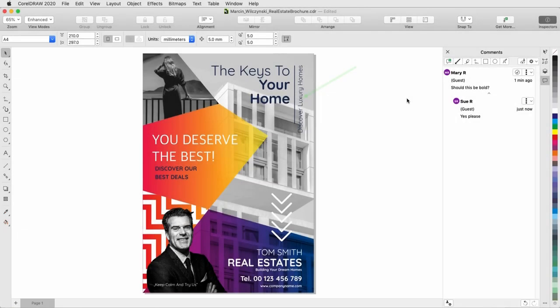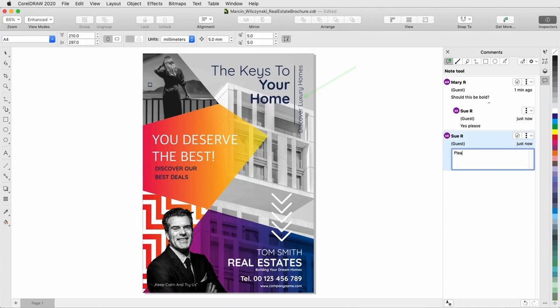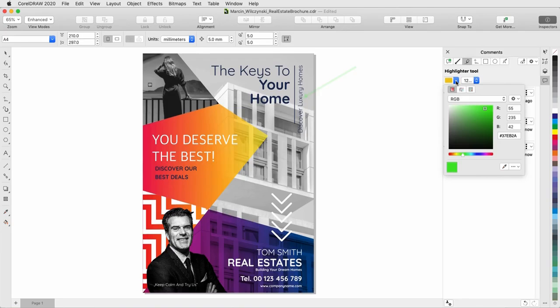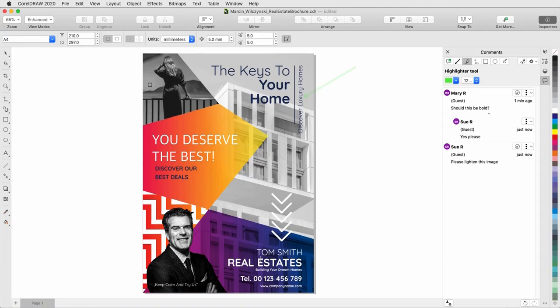When you've completed a draft or phase of a design project, and you're ready for feedback from colleagues or clients, CorelDraw 2020's new Comments Inspector makes the commenting process easy. This space is where other CorelDraw users can add notes, suggestions, or questions, eliminating the need for marked up image